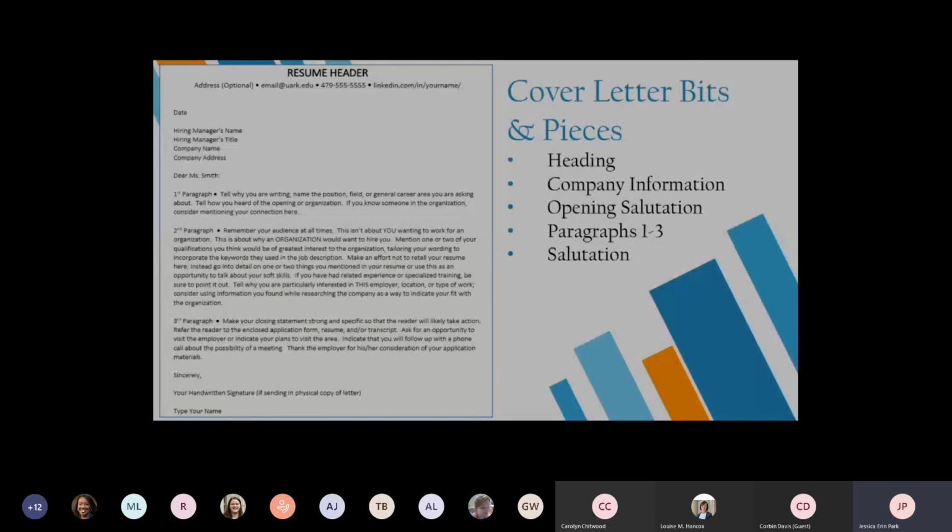So you're gently letting them know that you know someone within the organization, but you're not doing the heavy name drop. So that paragraph is somewhat of an intro to your second paragraph. And one of the things you want to do in your second paragraph is really remember your audience. Now, they know that you want to work for this organization, whoever you're applying to. But this is what the second paragraph is about: you're really trying to combine your qualifications and the